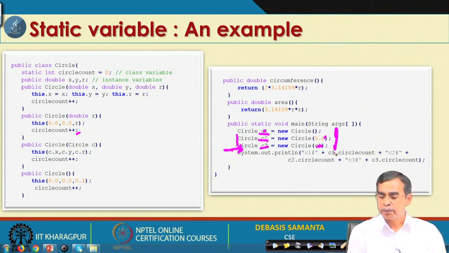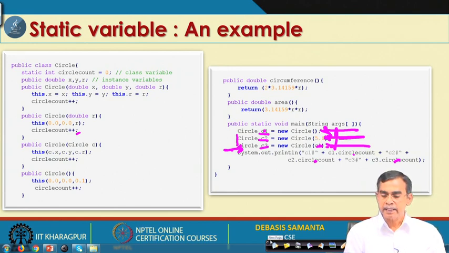So, if we print C1.circleCount, C2.circleCount, C3.circleCount at the end, it will print 3 3 3 in all cases. However, if we print C1.circleCount right after its creation, it will print 1; for C2 it will print 2, and for C3 it will print 3.